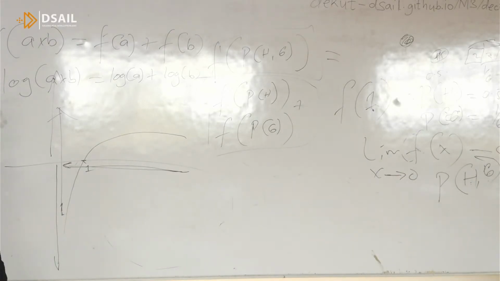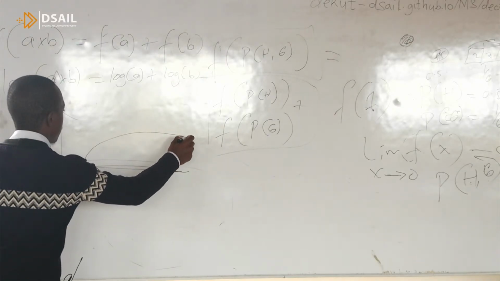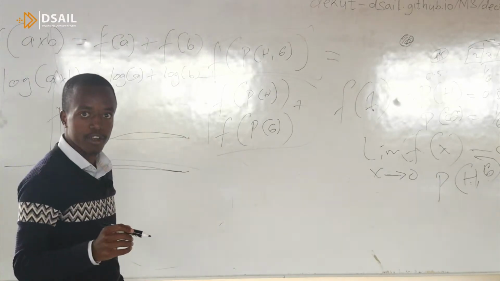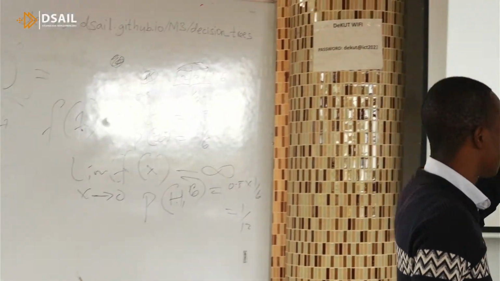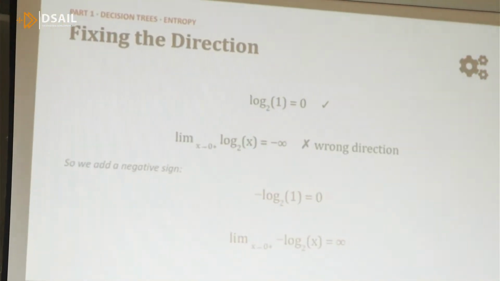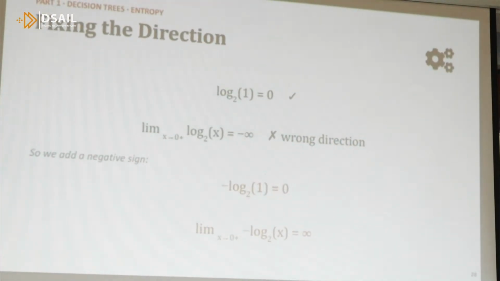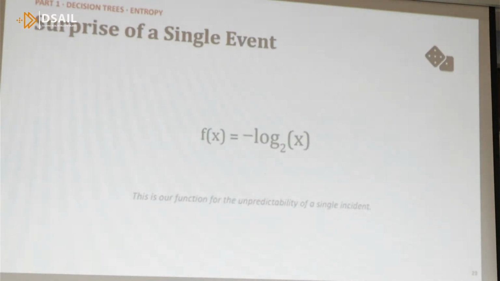We multiply by negative 1 to reflect it. So our function will sort of go this way. Look at that point. Essentially, it's shown by this formula. If it's negative infinity, we can simply multiply by negative 1, and then we will have negative log to base 2 of 1 is 0, so that is maintained. And then on this other side, we have infinity. So we have then that our function, f of x, is negative log to base 2, or whichever base you